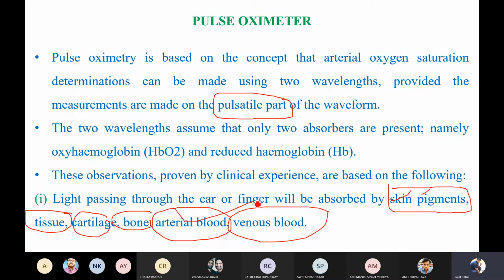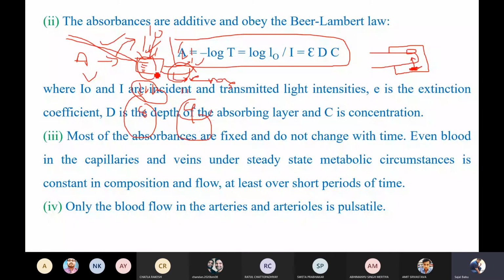But if you consider the arteries, as I said, the blood in the arteries circulates at a high velocity, right? So whenever you give the light, some will be absorbed and some will come out. And because the blood flows at a very fast rate, sometimes the blood coming here will carry a high amount of oxygen and less carbon dioxide, and sometimes the oxygen will be less.